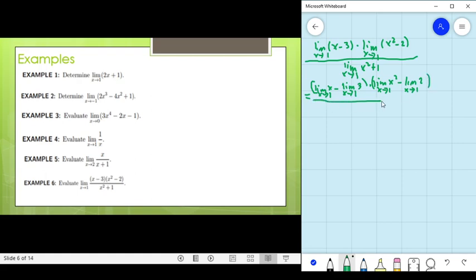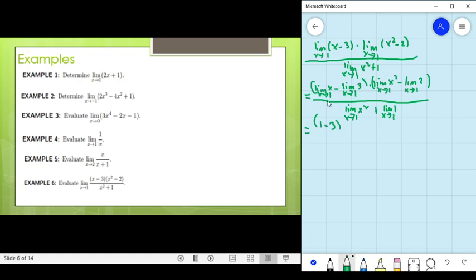And this is divided by the limit of x squared as x approaches 1 plus the limit of 1 as x approaches 1. The first quantity of the numerator is 1 minus 3